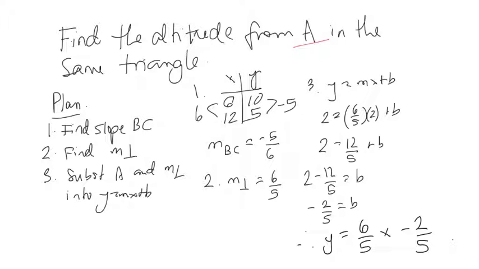Okay, so I just want to point out that the plan is always the same, right? If you're asked to find the altitude from a particular point, you find the slope of the opposite side, you use that to get the perpendicular slope, and then you substitute in your point and your slope into y equals mx plus b. That's the plan. It works every time. Write this down if you need to,